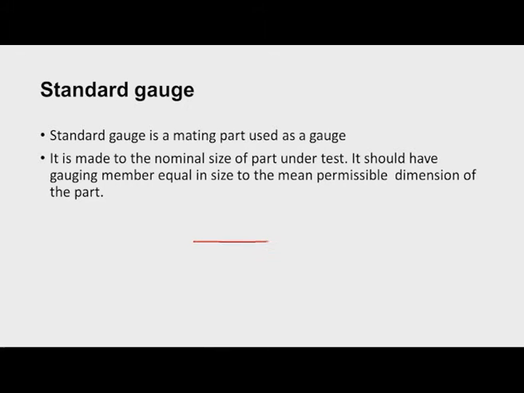For example, say we have a workpiece like this with a hole, with some mean dimension of x. So the mean size of this hole is x.